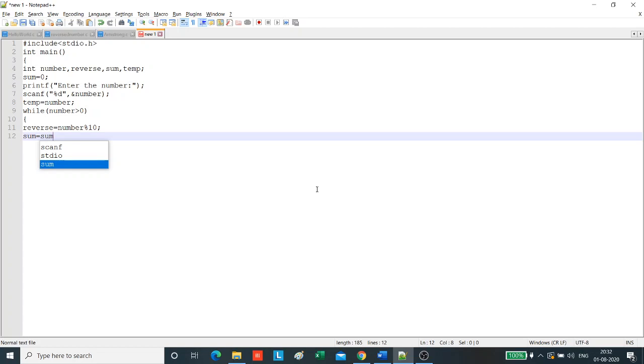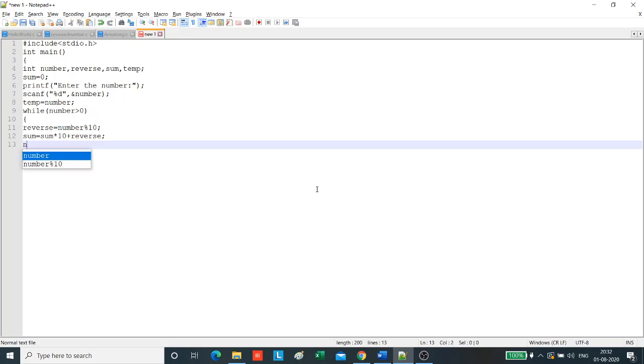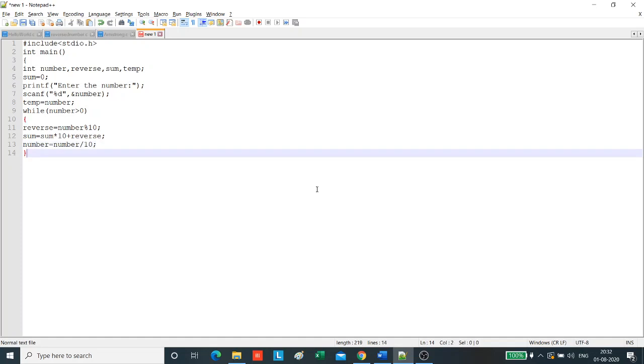Sum equals sum into 10 plus reverse, and then we will remove the last digit by assigning number equals number divided by 10, and the loop will continue till the number becomes 0.